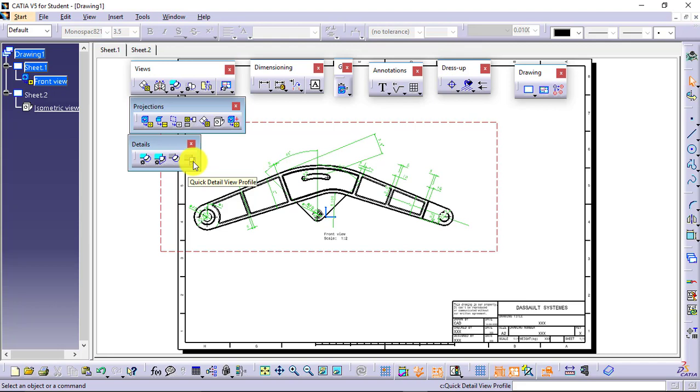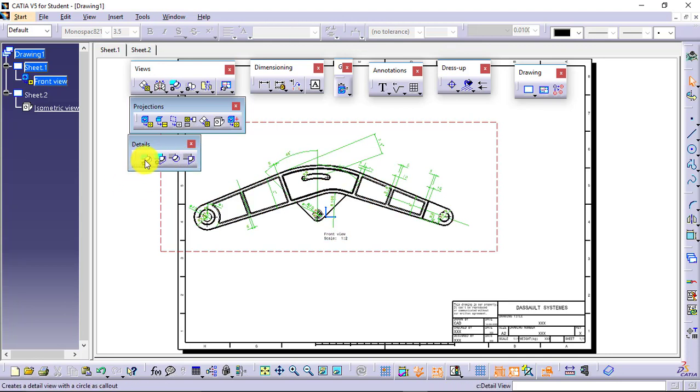So always remember, whenever you want to generate a view, its parent view should be activated, and you can simply activate your view by double clicking on it. You have the view boundary available, you can double click on that, the view will be activated and it will indicate it with a red color border.